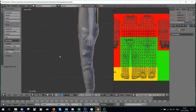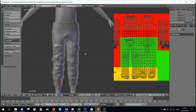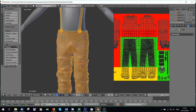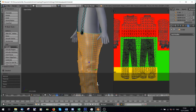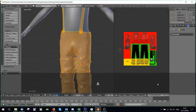So I've added some buttons and some other parts in my mesh between the last tutorial, but I'm still at the same stage. What I'm going to do now is first of all align normals so that I can bake it properly. So by pressing L over all my mesh parts, or selecting them on this side, I can say